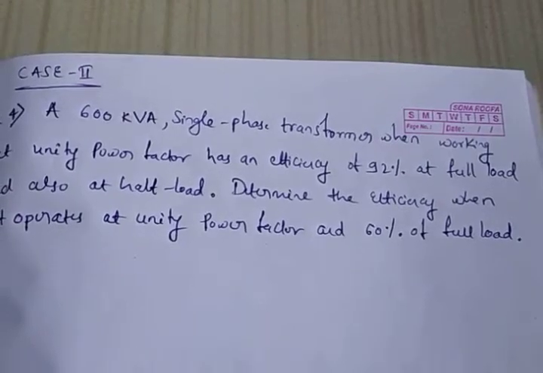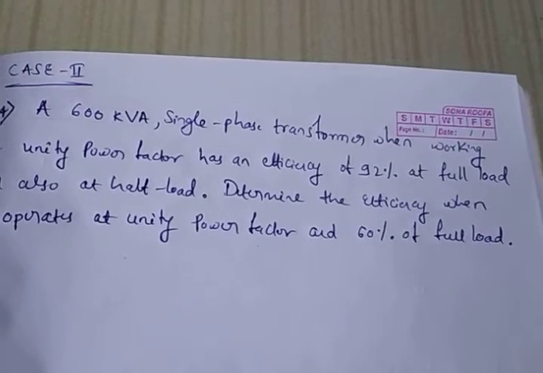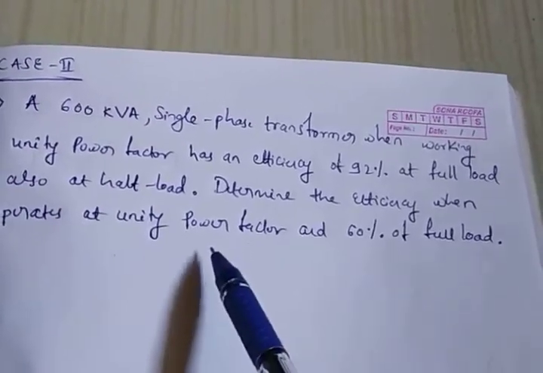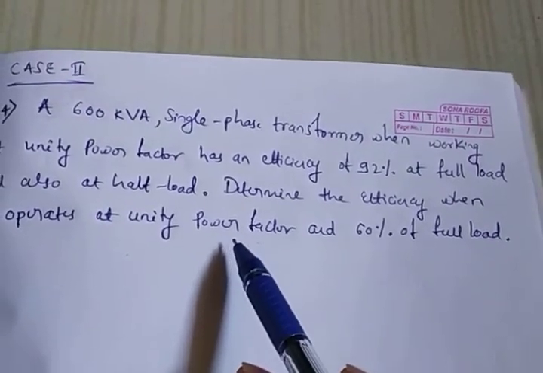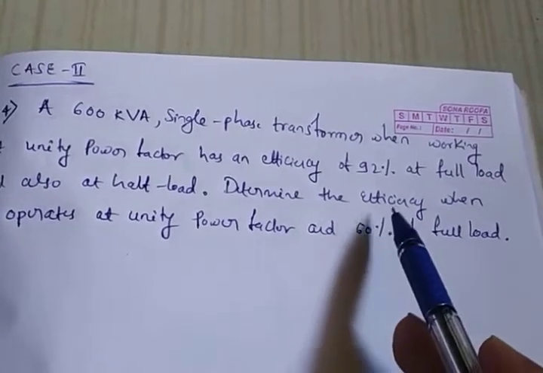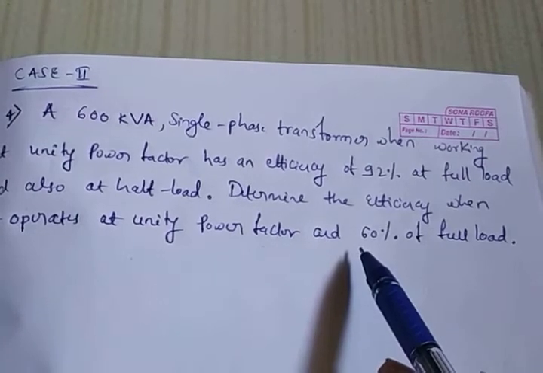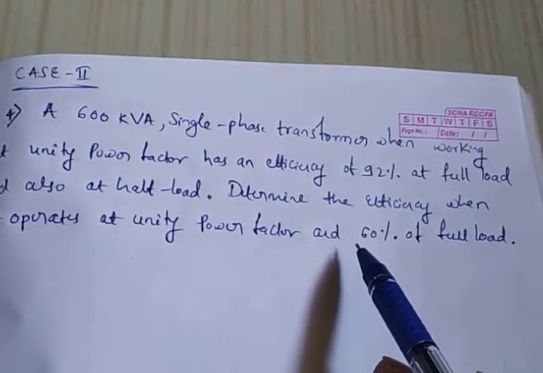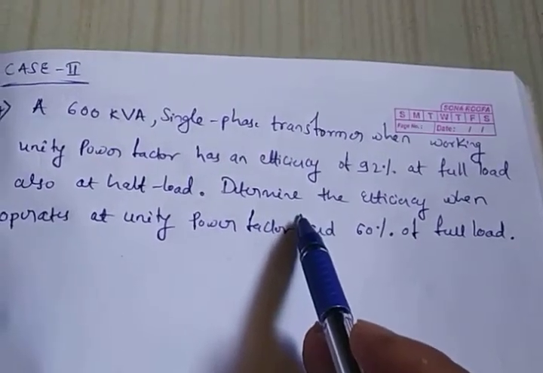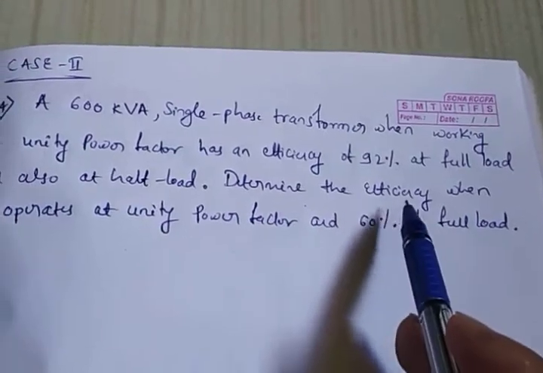Hello dear students. So today I will continue the numericals on efficiency of a transformer. This is the second type of problems on efficiency. In this type of problems, we need to calculate the iron losses and copper losses first, then you can calculate the efficiency at different load conditions. In the previous type of problems we have seen that iron losses PI and PCU will be given in the question, but in this case PI and PCU are not given, so we need to calculate PI and PCU, then the remaining procedure is the same.